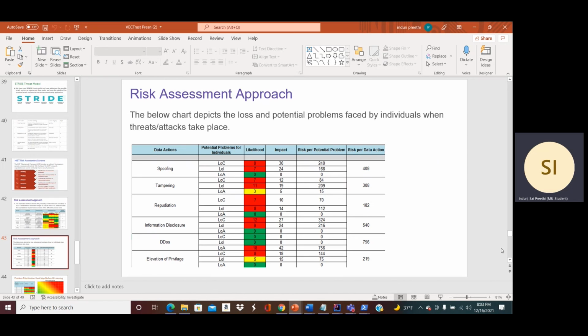So for spoofing it is 408, for tampering it's 308, for repudiation it's 182, for information disclosure it's 540, for the DDoS attack it's 756, for the elevation of privilege it's 219. By this chart, we can understand that the DDoS attack is the most occurring attack on the VC trust model and has the highest risk per data action.